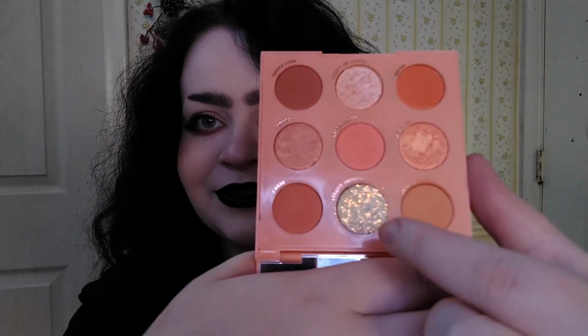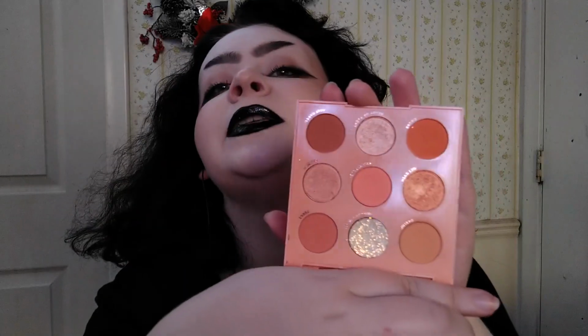But part of that reason is because there's a glitter in this one. So I had tape over top of that to keep it from getting everywhere else. As you can see, the glitter is right here, the dangerous one. But these are just a bunch of peachy neutral shades, which is very pretty. They're all very pretty palettes, which I suppose would be the reason why I bought them. But yeah, there's a lot of pretty shimmers in here. I'm gonna put the tape back on top of this sparkle though, because I am not willing to accept the